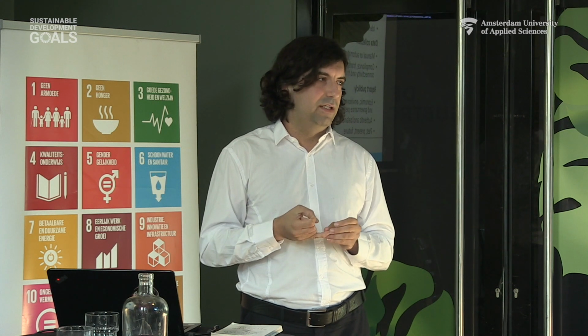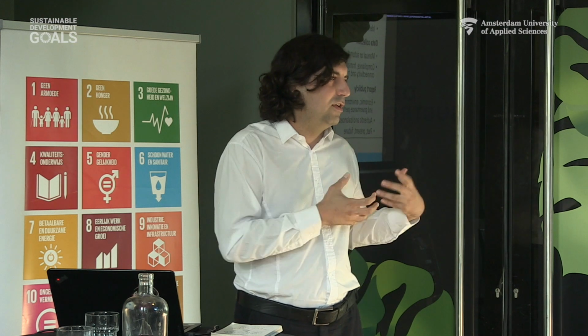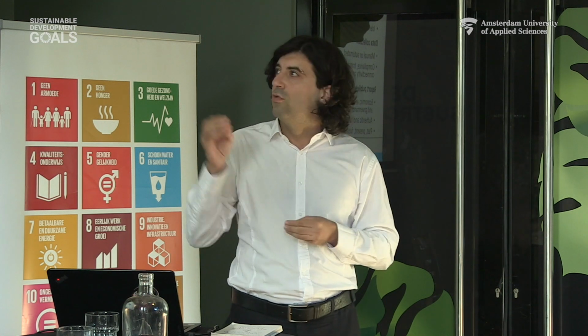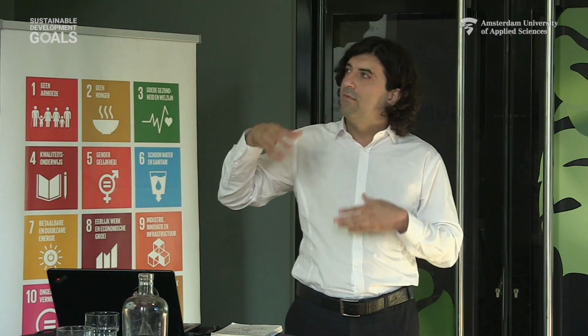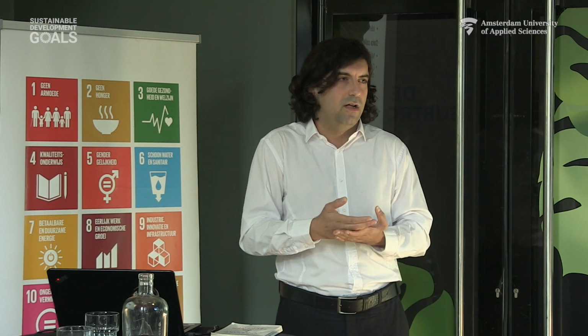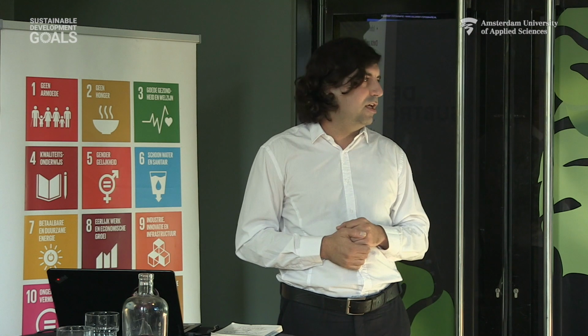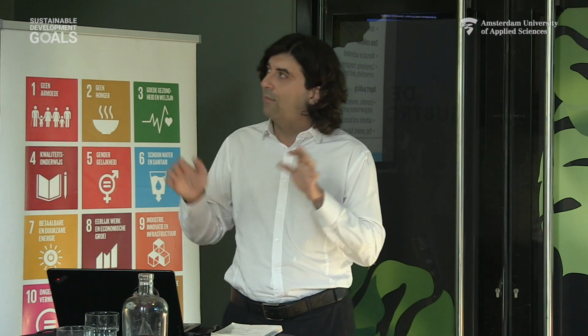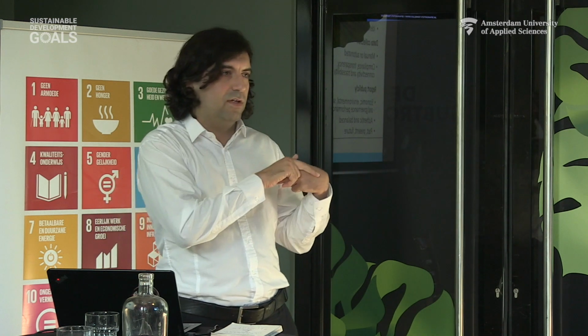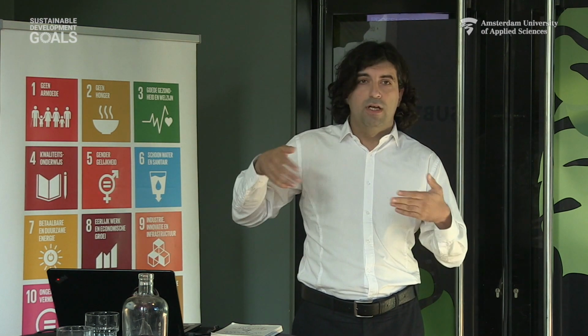But we also need to have measurability. It's not possible to talk about SDG 9 and not talk about measurability of industry, innovation and infrastructure. We need to measure some things, link these targets to value, and then define the performance indicators, because defining performance indicators is not saying, okay, I'm going to set my KPI now and this KPI can measure everything. So you need to understand the materiality matrix first, what is material, and then try to have measurability in place by looking at changing the business plan.